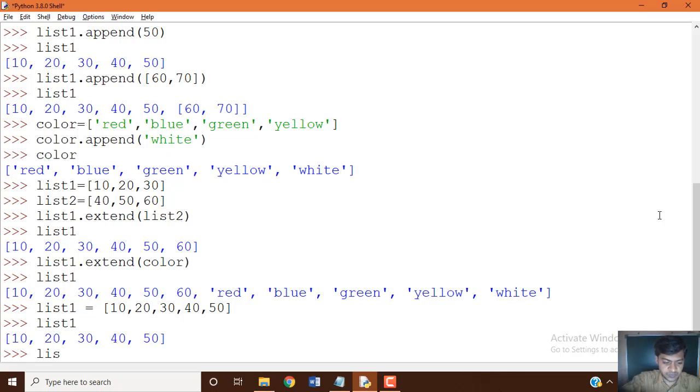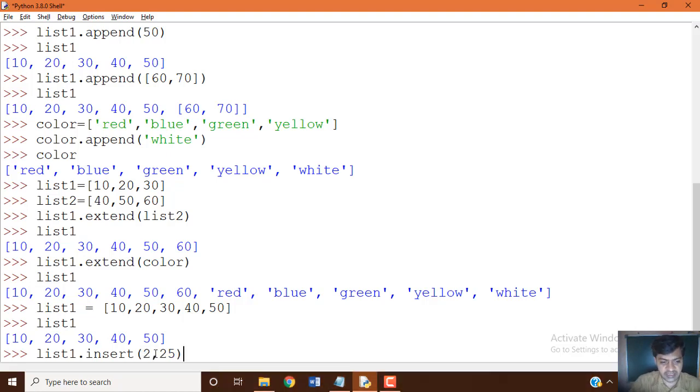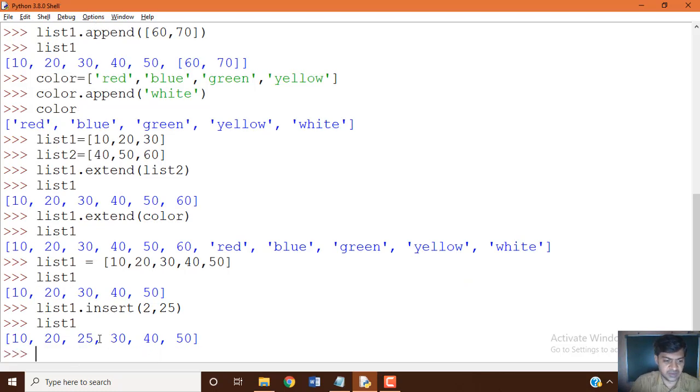List 1 dot insert of, for example, I want to insert at index number 2: first the index number, comma, and then the data item which you want to insert, 2, 25. 2 is the index number and 25 is the data item or value. Let's see now, print again after execution of this statement. Yes, you can see that after 20, 25 is added at the second index number.